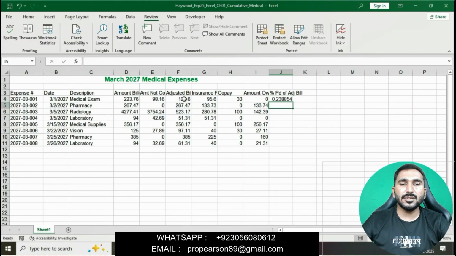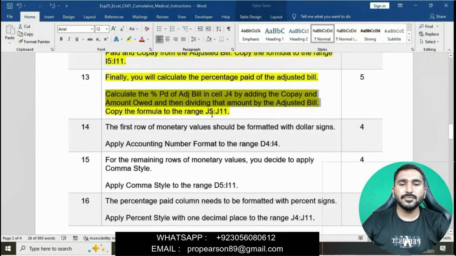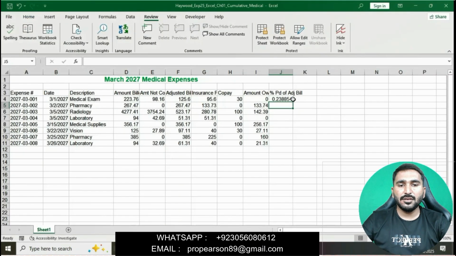It will find the percentage paid of the adjusted bill. Then we will copy the formula to the range J5 to J11.